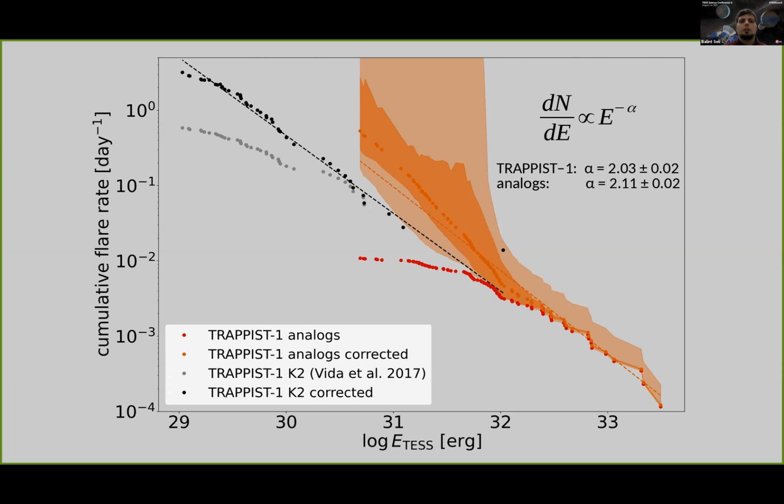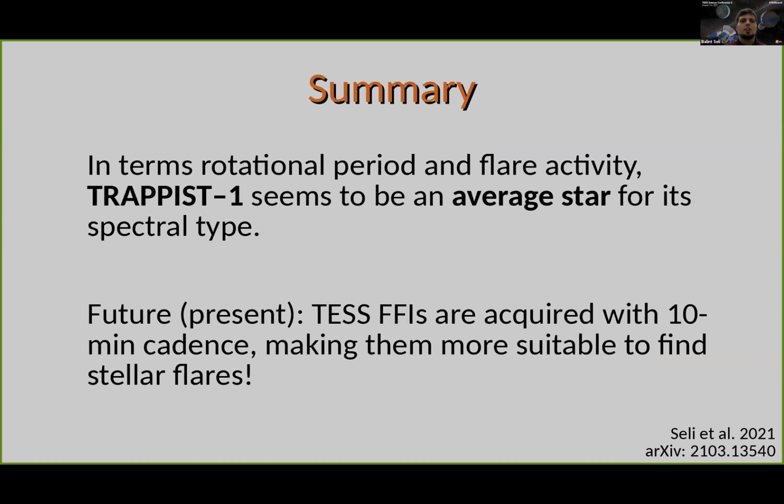And that actually marks the end of what I wanted to say here. So let's just quickly summarize the results. It seems that in terms of rotation period and flare activity, TRAPPIST-1 is just an average or ordinary star for its spectral type, which is really nice because TRAPPIST-1 will have extensive follow-up in the future. And it's good to know that anything that's uncovered for this single object could be extended to a much larger